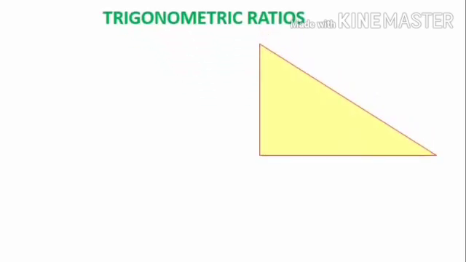First of all, we have to consider a right angled triangle and an angle theta. The side which is opposite to the right angle, that is 90 degree, that is called the hypotenuse. And the side which is opposite to the given angle, that we have to consider as opposite side. And the side which is left over, that we can mark it as adjacent side. And the six trigonometric ratios are based on these sides and the given angle theta.